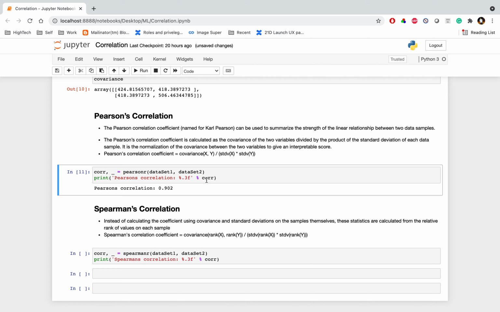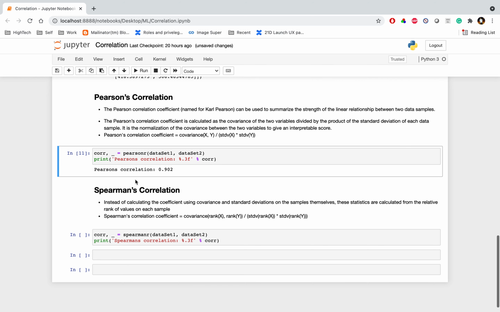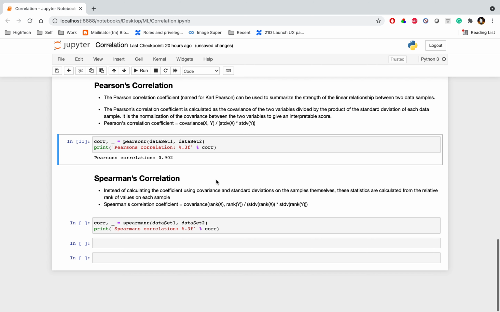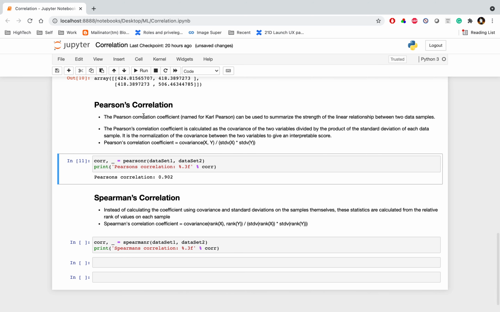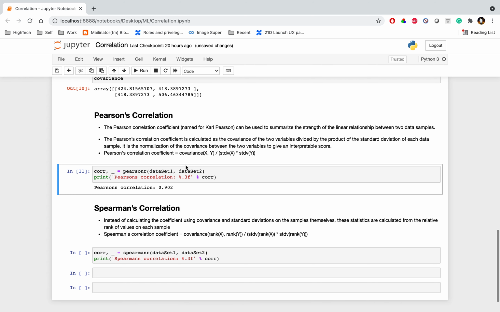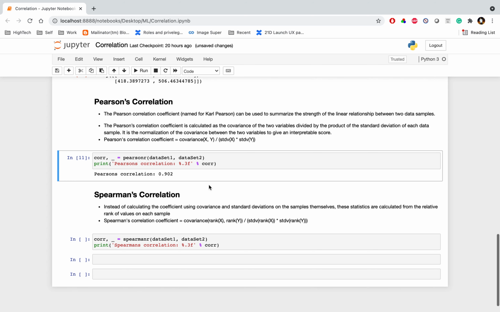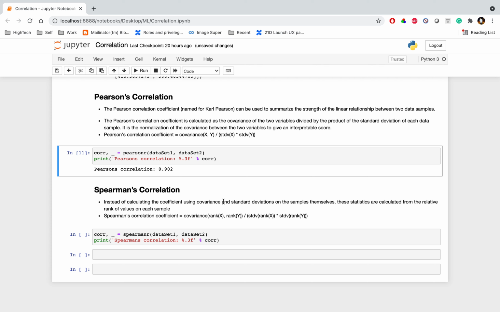Now, using the same dataset, I'm calling the Spearman correlation. Instead of calculating the coefficient using covariance, as we do for Pearson correlation with the help of the covariance matrix, here, instead of using the covariance and standard deviation on the samples themselves, these statistics are calculated from the relative rank of values.